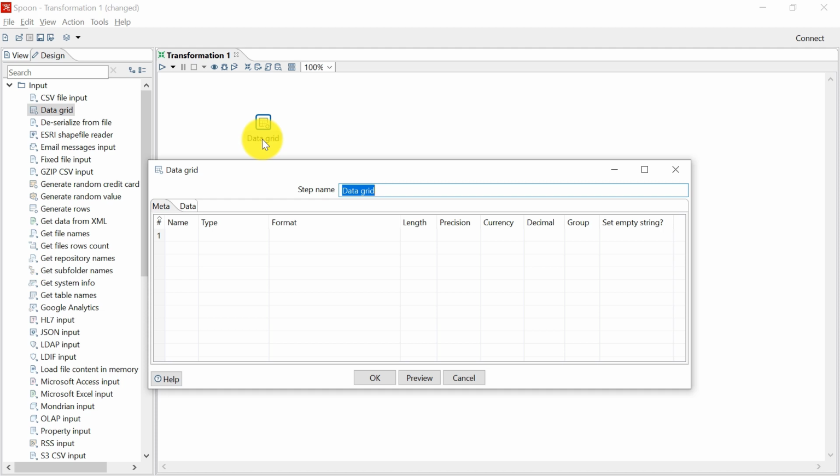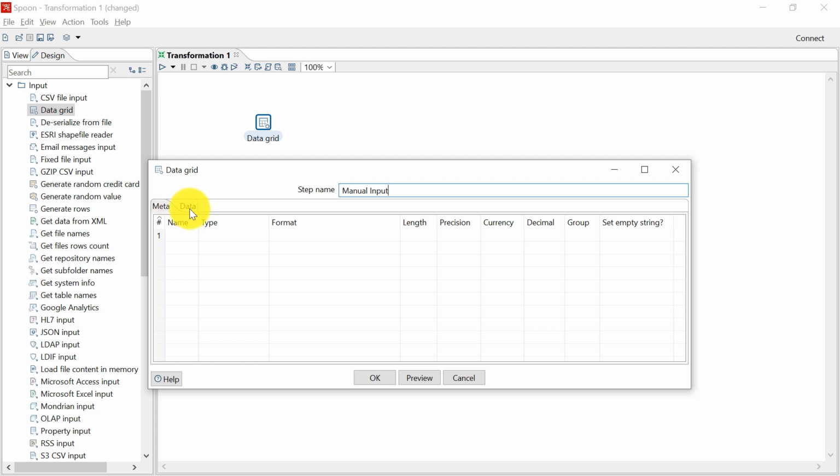You can rename it to anything that you like so that the name clearly indicates what this step is doing in your process. So you can name it as manual input.